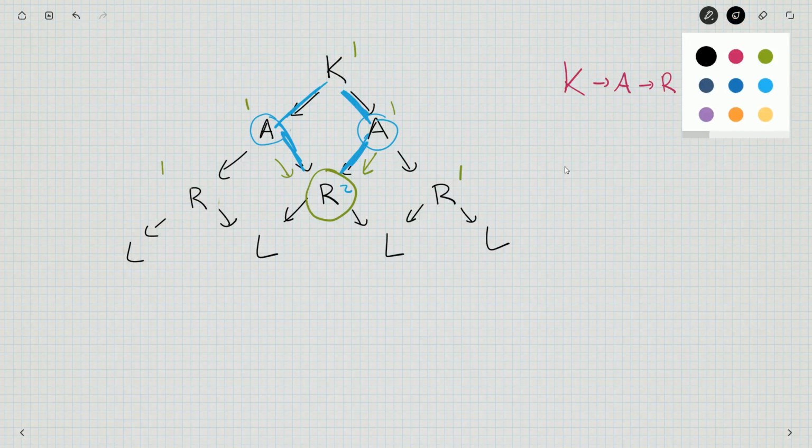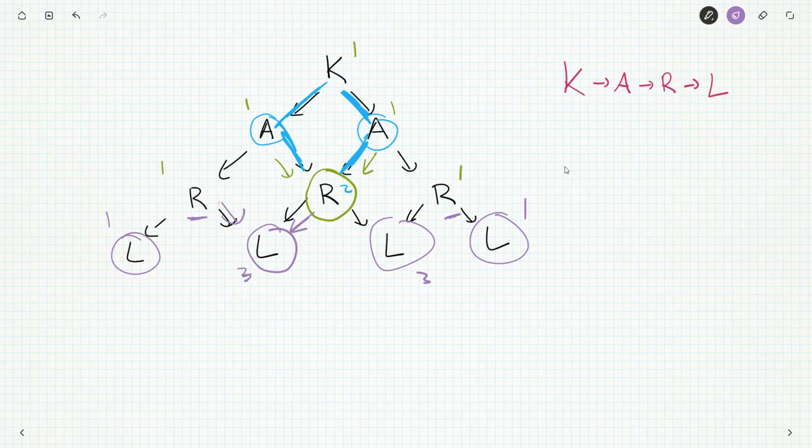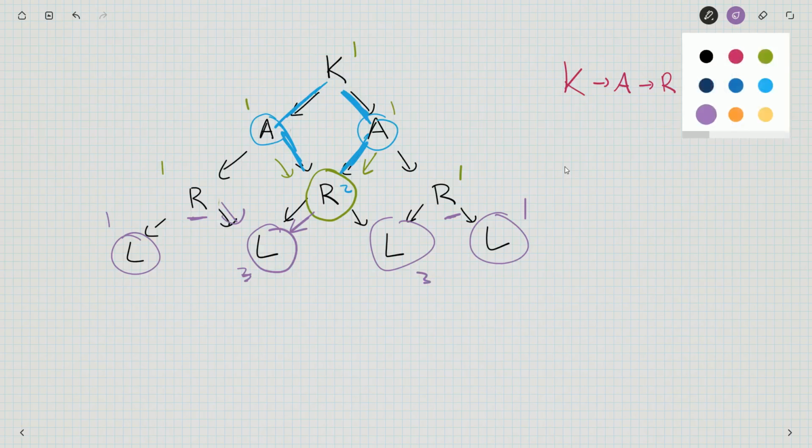And in general, if I want to get to any of these L's, it's just how many ways could I get to the R's that lead into those L's. So each of these corner L's, there's only one way to get to them, coming from the R before them. But these L's here, there's one way coming this way, and 2 coming from this R, because there's 2 different paths that take us to this R. So there's 2 plus 1, 3 ways to get to this L. Similarly, there's 3 ways to get to this L. Okay. Now, since spelling Carl must end with an L, the number of total